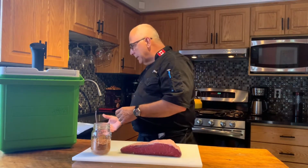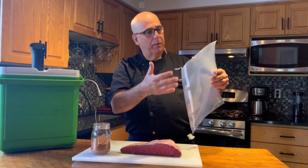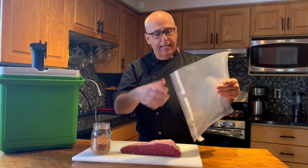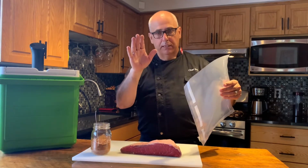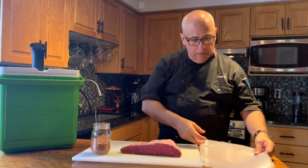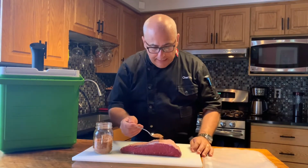Now, the next thing I want is, as I talked about last week, I use the vacuum seal bags. I find it just easier for me. Again, you can do the same thing just with a regular Ziploc bag. Just remember as you're submerging, get the air out. Okay, all right. So the one thing I want to do is I just want to get some nice rub